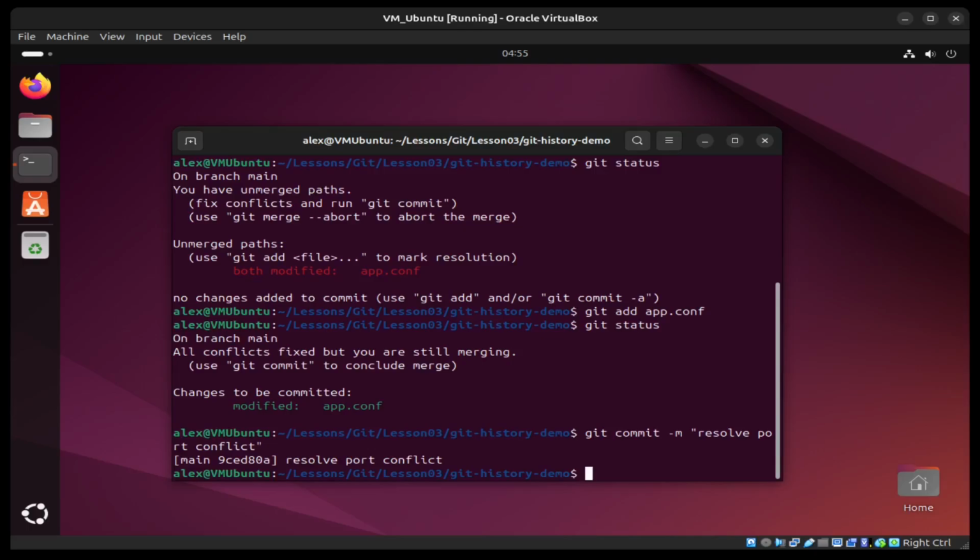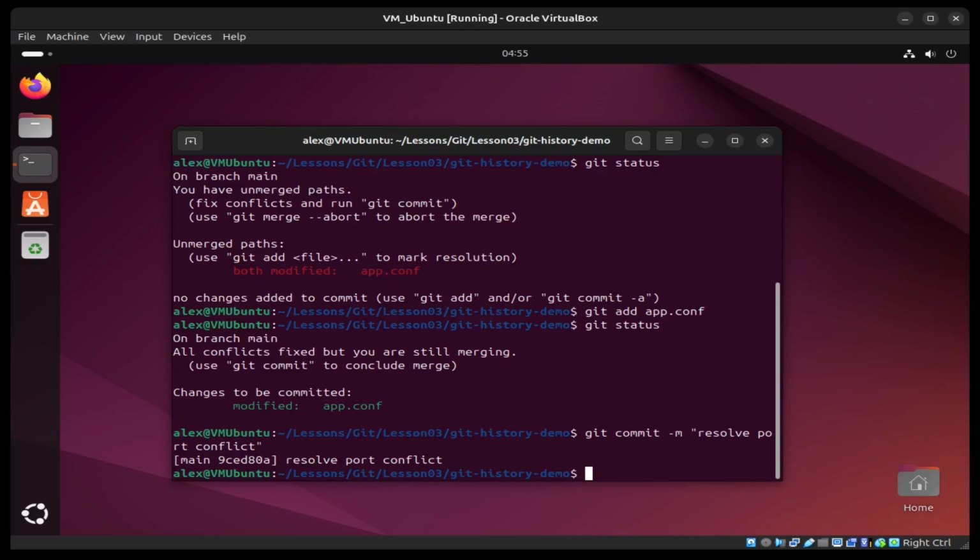We manually chose the final version of the file, added the fixed file with git add, and made a commit. The basic process of resolving a conflict looks like this. First, open the file, then remove the conflict markers, leave the correct text, run git add, and finish the merge